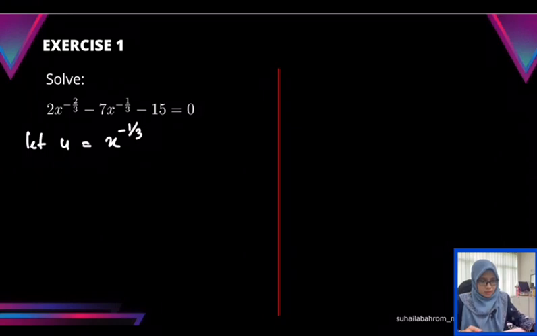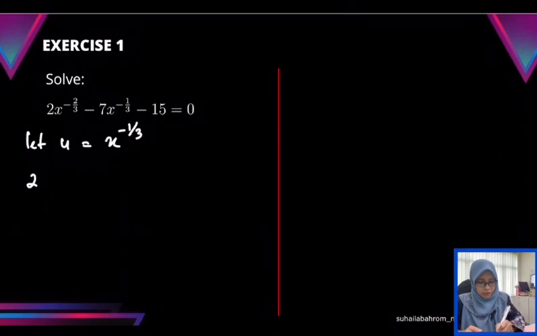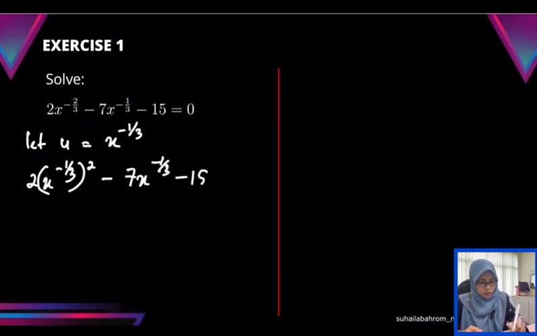And then you can rewrite that 2x power of negative 2 over 3 as 2x power of negative 1 over 3, then power of 2, minus 7x power of negative 1 over 3 minus 15